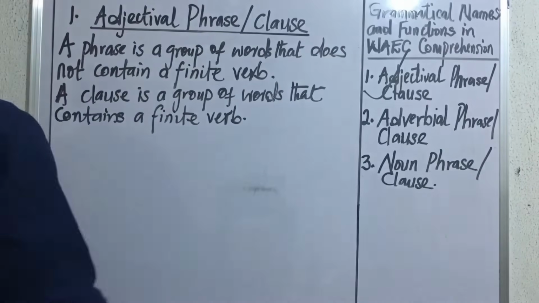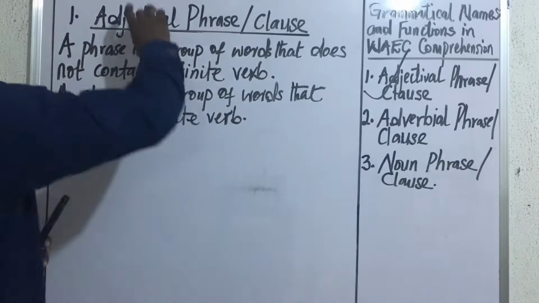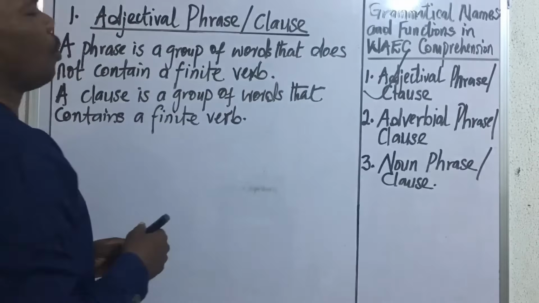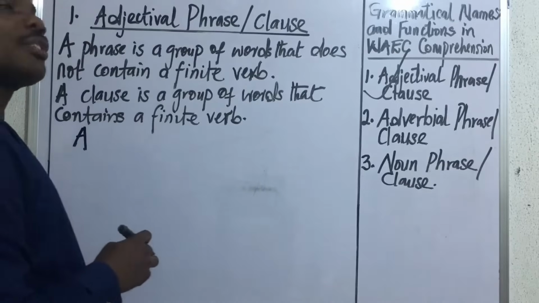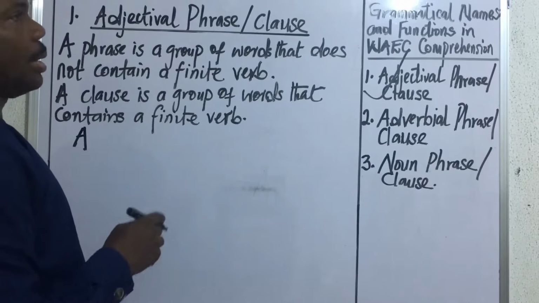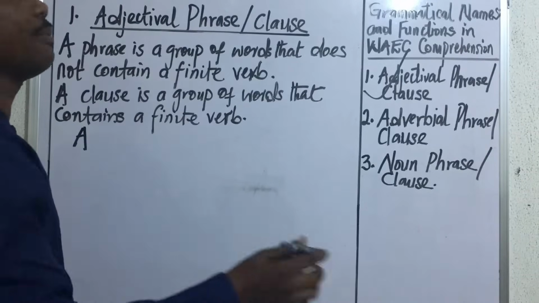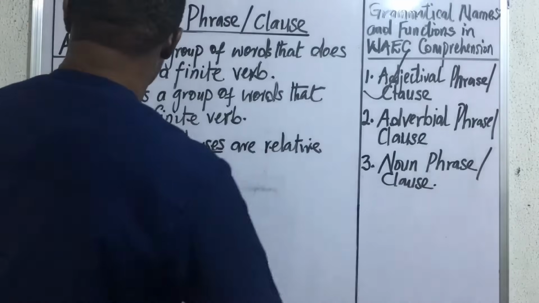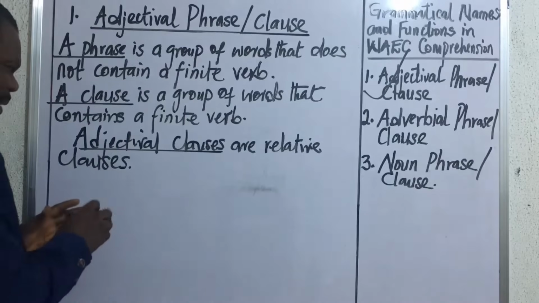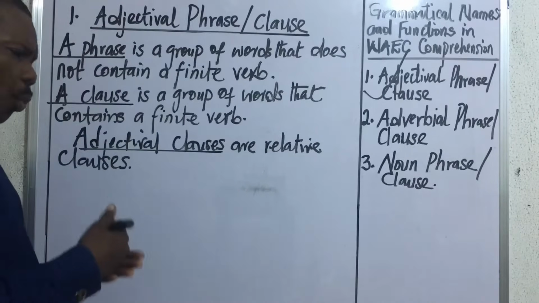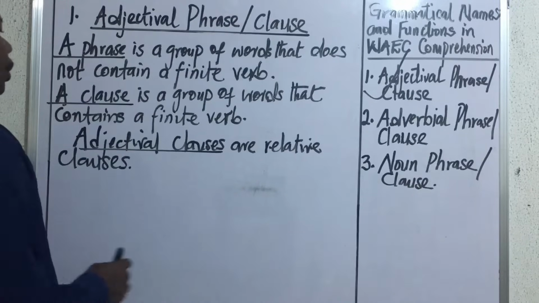Alright, now, having established that, let's now look at adjectival. When you now attach adjectival to a group of words, what are we talking about? We call an adjectival clause or adjectival phrase a relative clause or a relative phrase. So all adjectival clauses are relative clauses. What that means is that they are introduced with a relative pronoun,